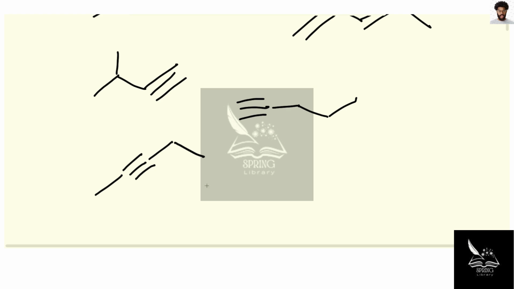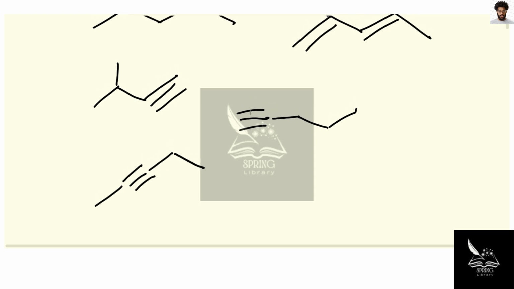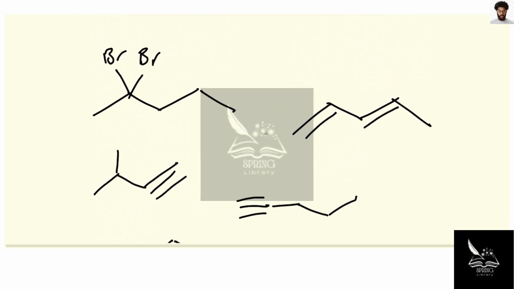of 2,2-dibromopentane when reacting these with excess HBr? Well, the issue here is that if you react this with excess HBr, it's going to be hard to control where the HBr adds, right? So you've got this conjugated system. Consider if it first reacts with one equivalent of your HBr. This is going to swing open, and you're going to get a positive charge here. This positive charge, we could end up with a bromine adding here, but we could also see a resonance structure, and the bromine adds here. It's going to be hard to make sure that we don't get